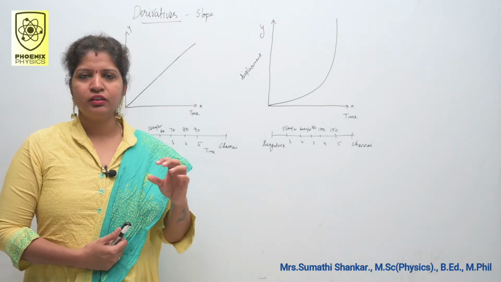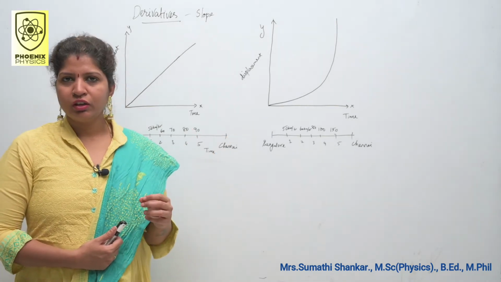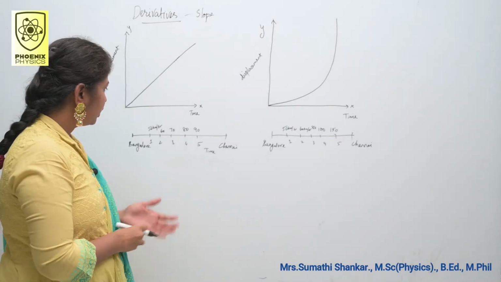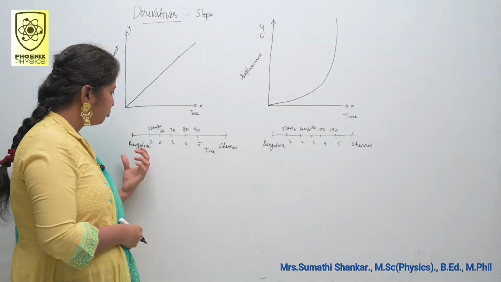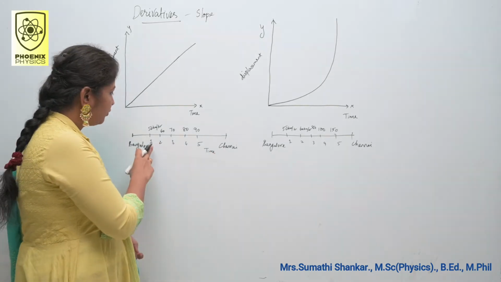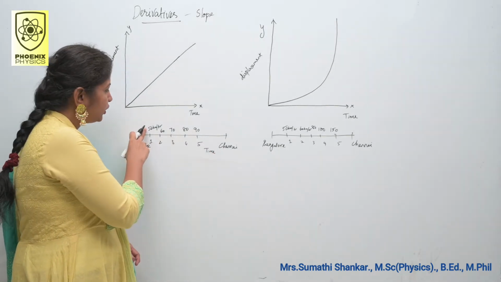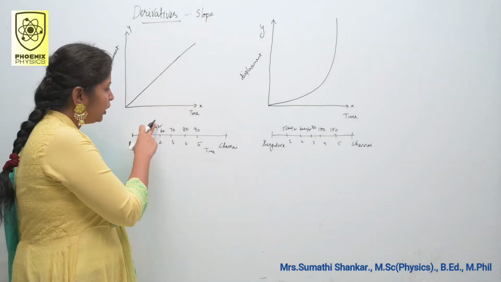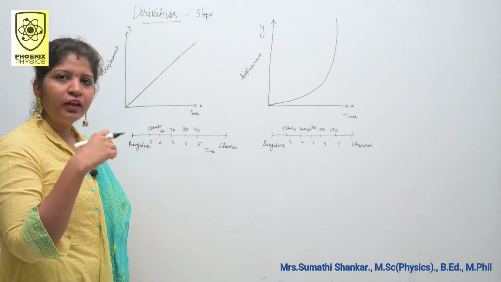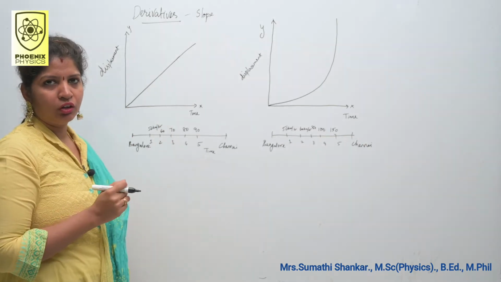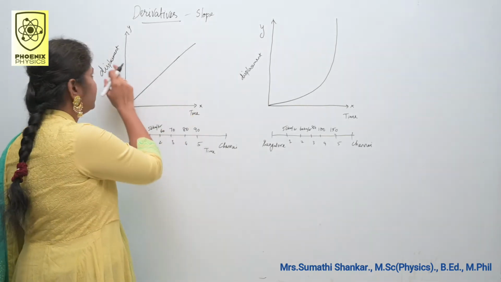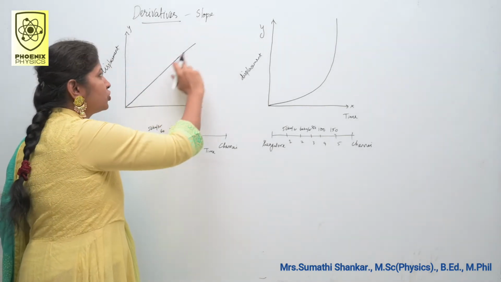Next we will discuss the term derivative. Just now I said derivative is nothing but slope. Consider this example. I drove a car from Bangalore to Chennai at a constant speed. That is, first 1 hour I drove at 50 km per hour. Then 60, 70, 80 and 90. I constantly increase the speed of the car. So you can get the graph like this. You plot this graph between time and displacement. You can get a straight line.